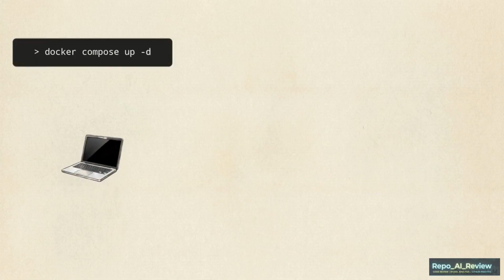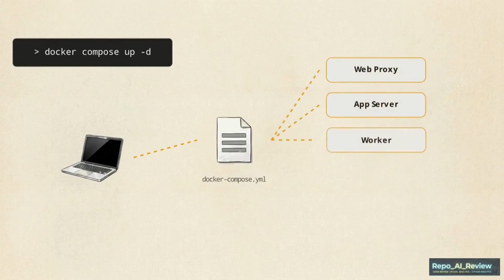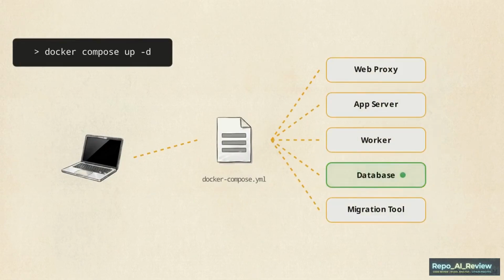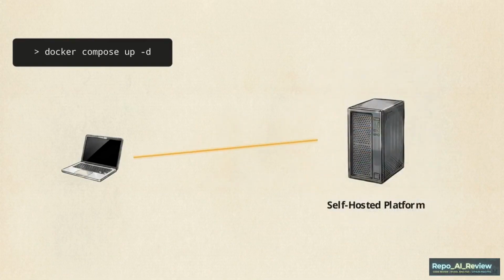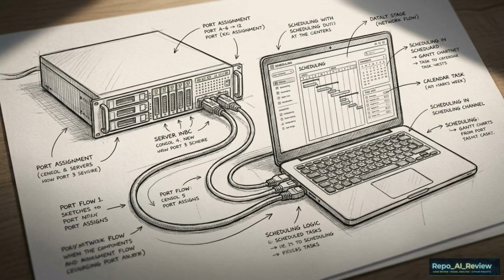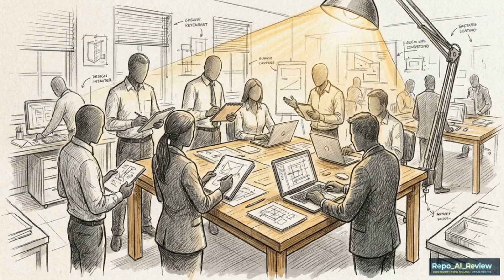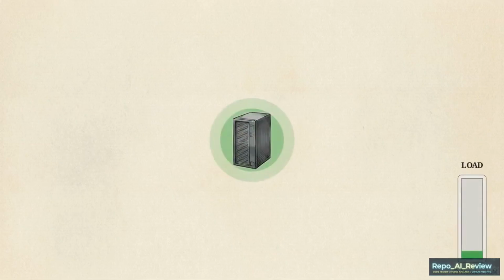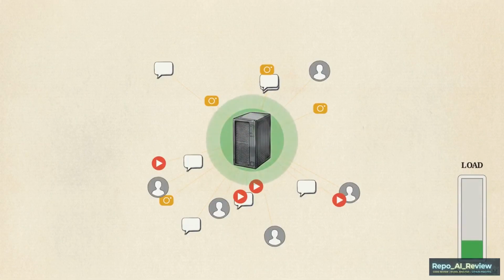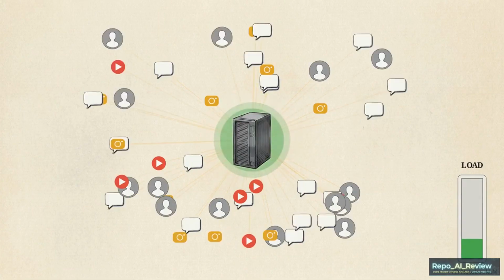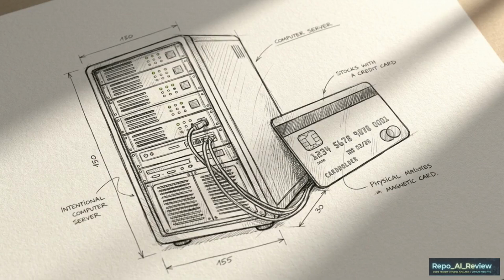This diagram shows the deployment sequence. To get it running, you only need to execute a single command. This pulls the entire platform architecture through Docker and initializes the database automatically. By self-hosting the software on your own virtual private server, you own the infrastructure. Your data stays on your machine. Because you control the server, you can invite unlimited team members and clients. There are 0 per-seat licensing fees. You can also connect as many social channels as your hardware can handle, bypassing the rigid caps enforced by commercial vendors. This deployment method shifts the cost from a software license to the cost of server hosting, directly undermining the